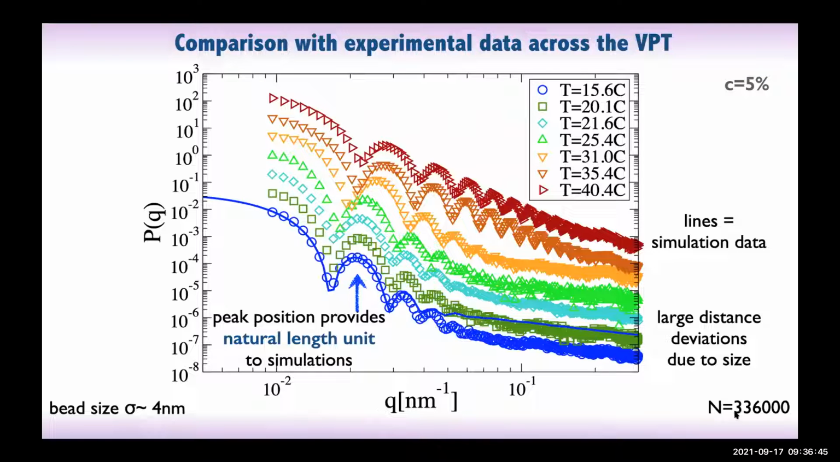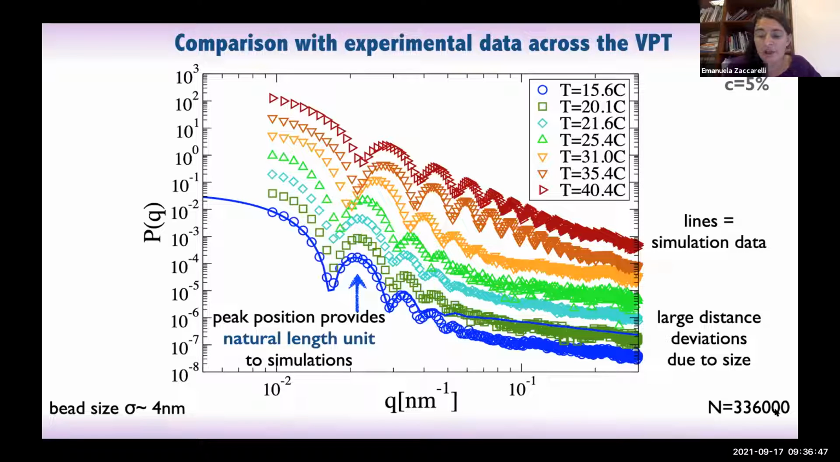And to make this comparison, we use a very, very large microgel, so that the bead size amounts to about 4 nanometer, which is still rather large. And in fact, we start to see deviation between the simulation, the lines, and the experiments, the symbols at high q, because we cannot really probe the small distances. However, we can capture the whole decay at the beginning and the 3 peaks and the subsequent position of the